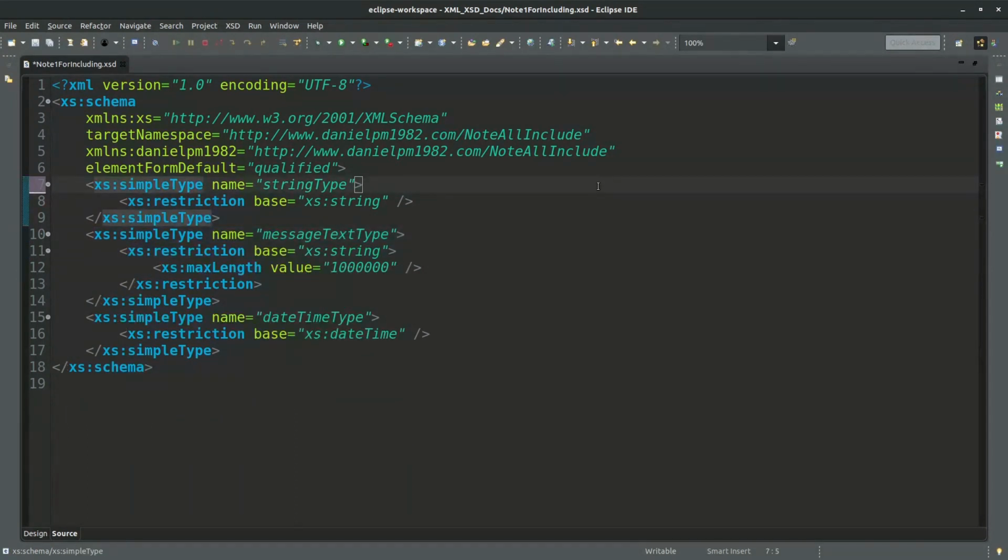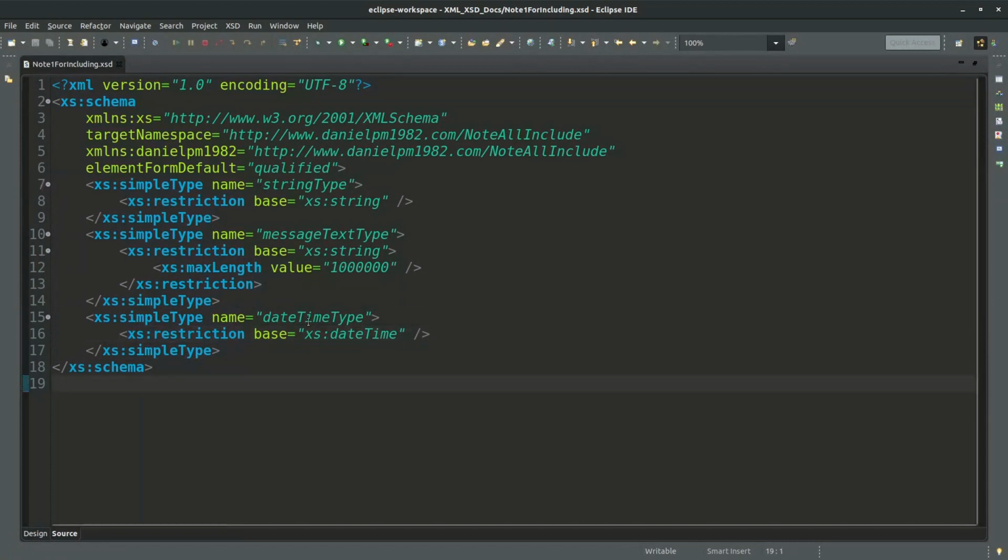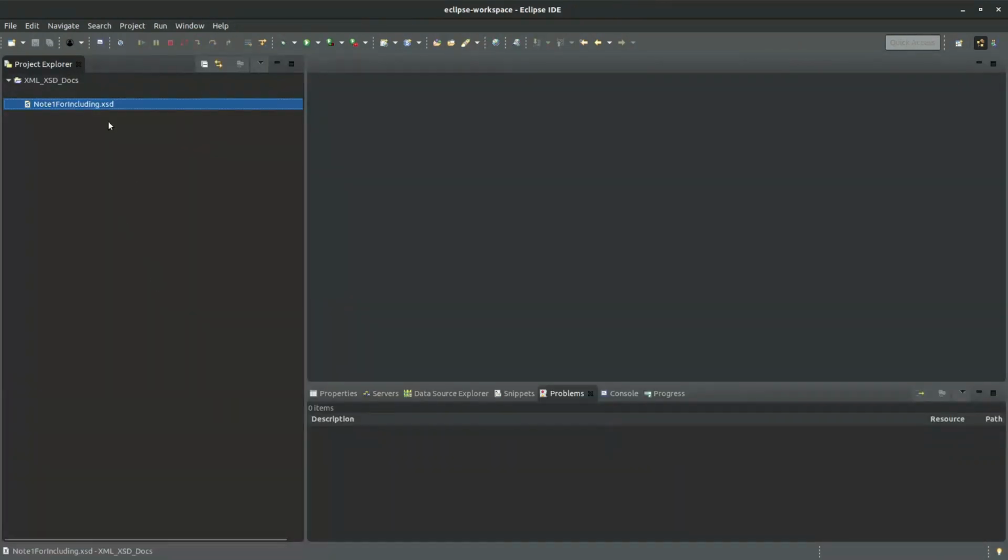So we'll keep the string type for a string-based restriction data type. We'll have the message text type with a max length of 1,000,000 chars, and we'll have the date time type of base date time. So that's it for our first schema, note1forincluding, and let's now create our second one,